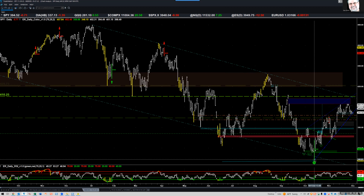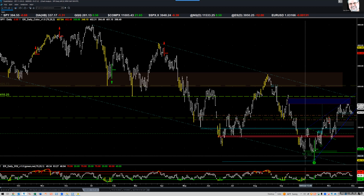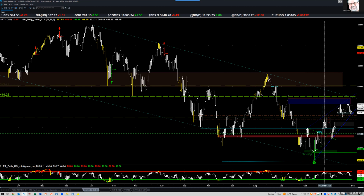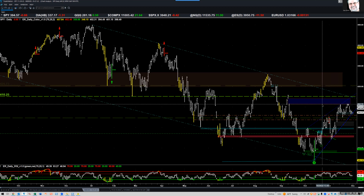It did create a head and shoulder bottom. That was the head of the head and shoulder bottom. I've outlined the shoulders with little green arch marks. The neckline is in green dot dash, and the minimum upside objective is right there. How interesting. We came up to 403, give or take a squeak, and topped out, came back down a little